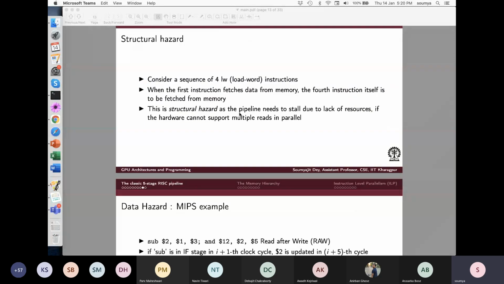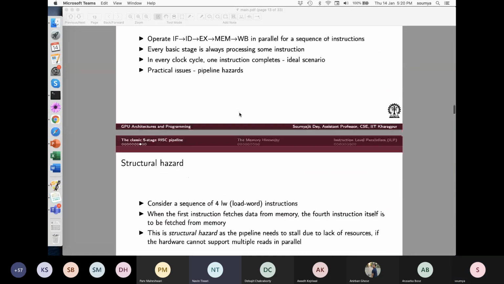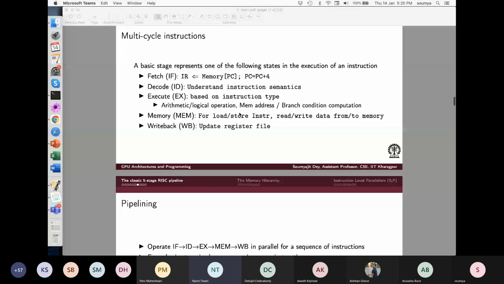And then what happened? Well, when we did pipelines, then came the question of structural hazard, which means that, well, excuse me, sir. Yes. Sir, in that 5-stage pipeline, can you explain that 4th one again, that memory? Yeah, that one. Okay. Good. So anybody who wants to explain? Anybody who understood this?